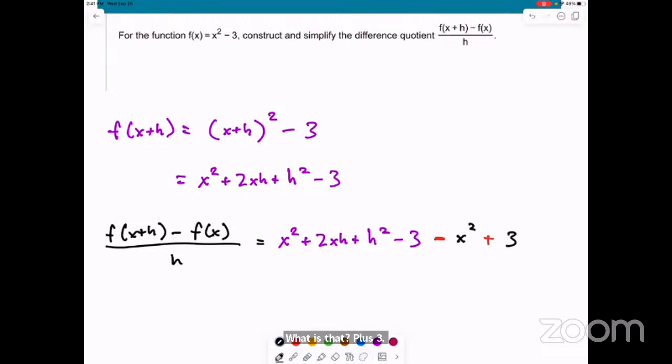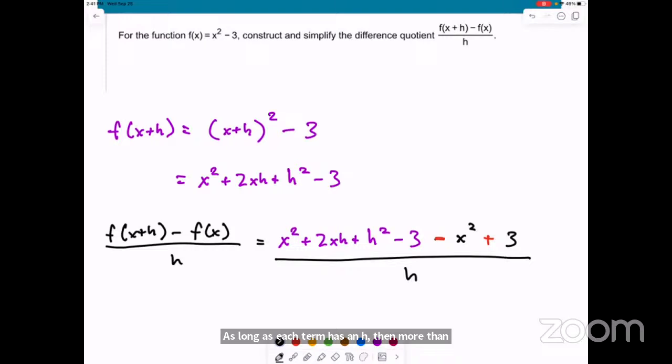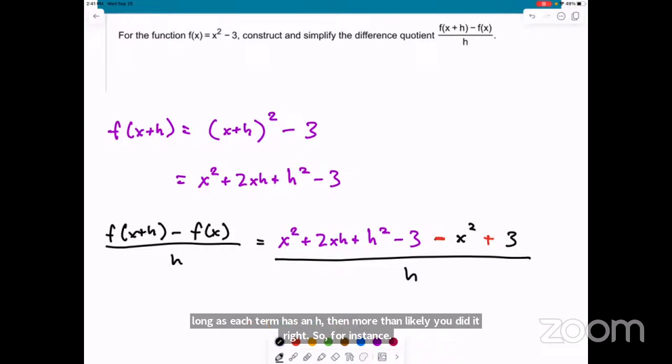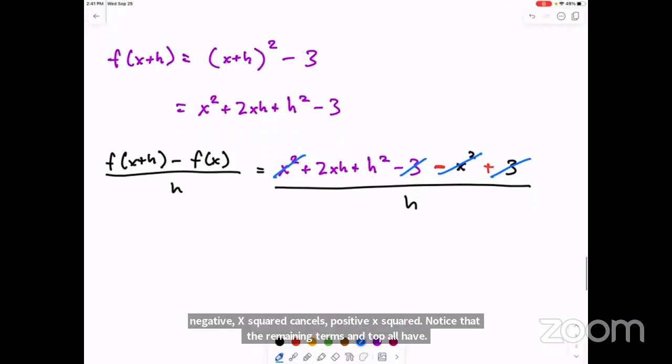So now the hint here is you're on the right track. After you do your cancellations, as long as each term has an h, then more than likely you did it right. So for instance, this negative 3 cancels the positive 3. This negative x squared cancels this positive x squared. Notice that the remaining terms on top all have h. Okay, so then from the remaining terms,